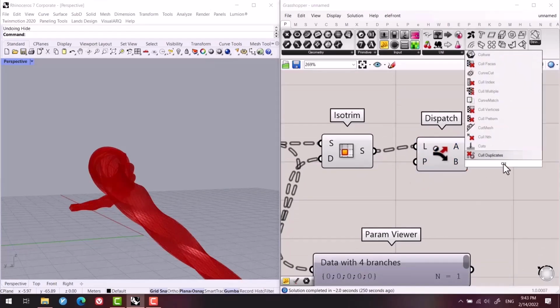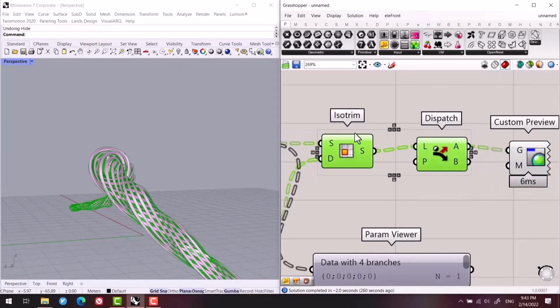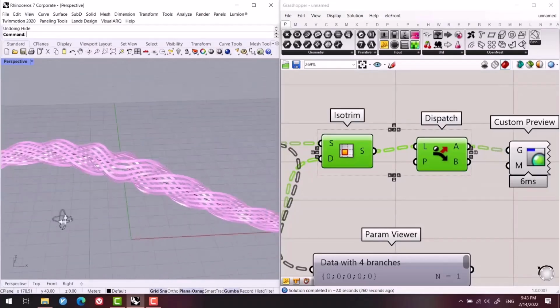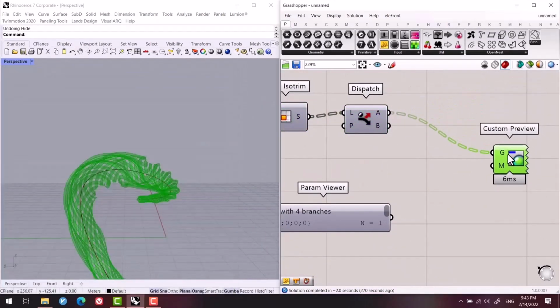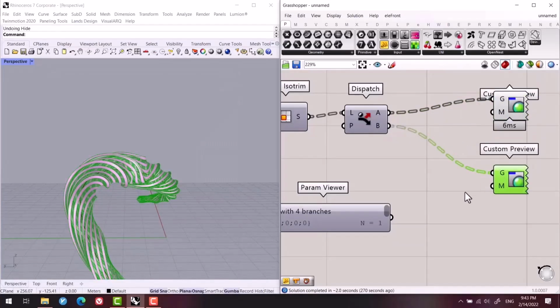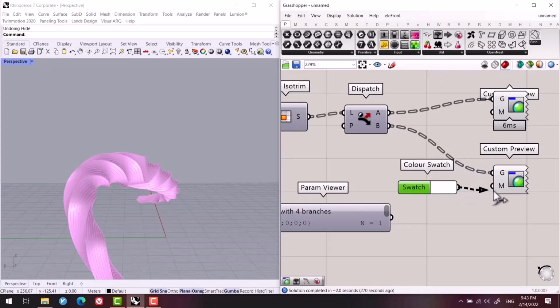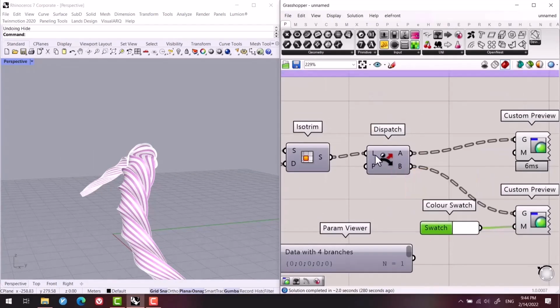We can use Dispatch. We give the list to Dispatch, and then we separate it into 2 lists. We can use Custom Preview to show you the 2 separated lists, list A and B. Check it out, like this. These are the ribbons. Another thing we can do is to show the 2 lists A and B differently from each other by using Custom Preview and specifying various colors in a Color Swatch,